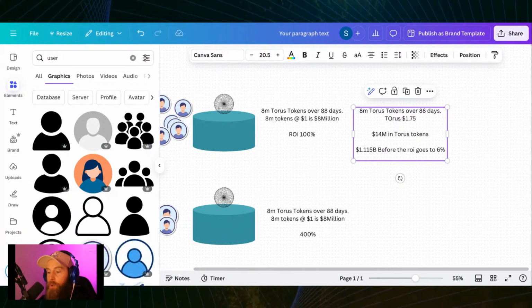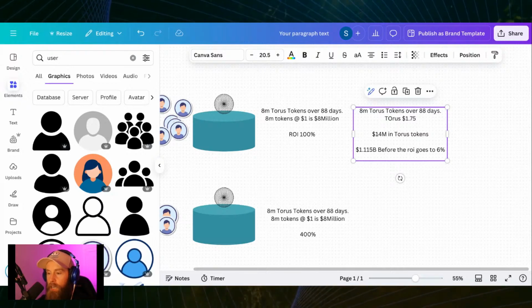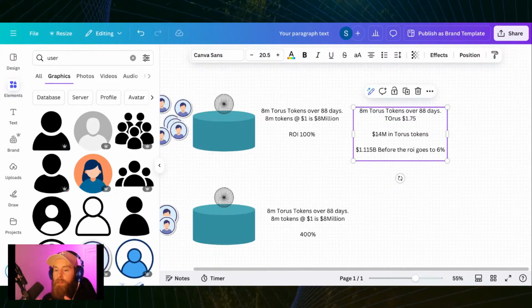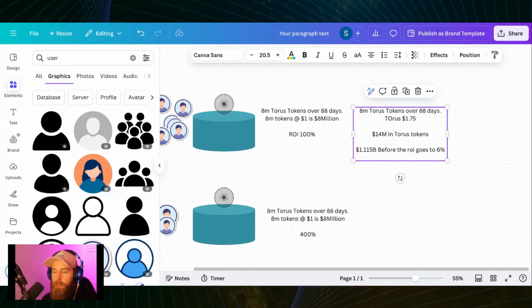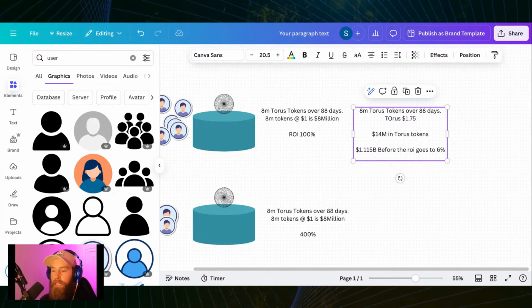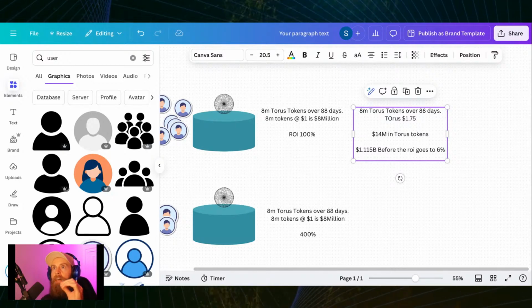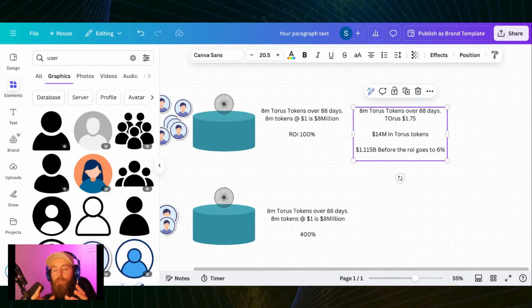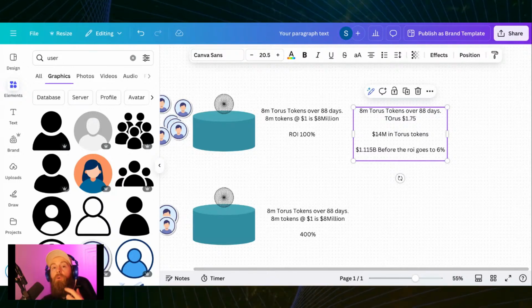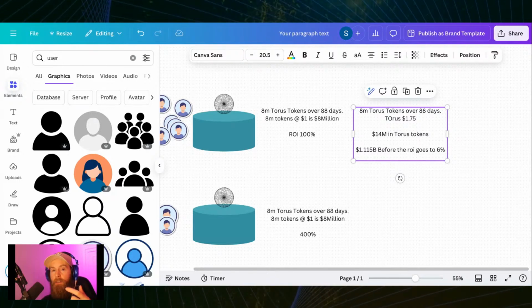This is how TORUS is supposed to be designed, or supposed to work. If Titan-X ever goes down, it pulls down the potential ROI. Here's what you're going to see: there's a self-balancing mechanism. As the total value of the pool goes down, fewer participants come in, which means the ROI goes up for those who stick around.